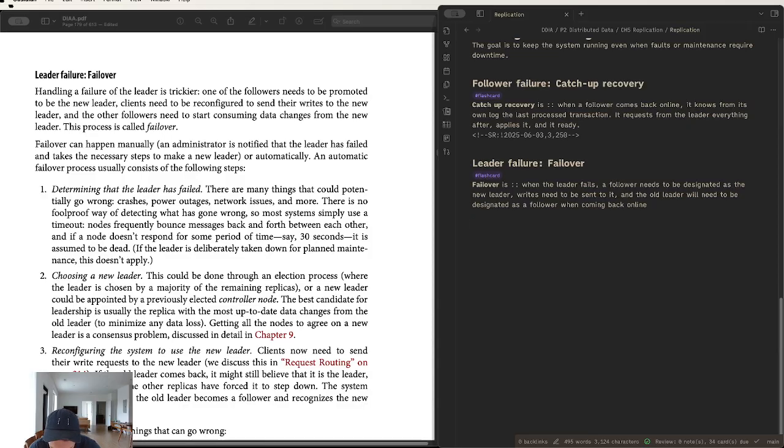And then reconfiguring the system to use the new leader. Clients now need to send their writes to it. So one, detection, two,